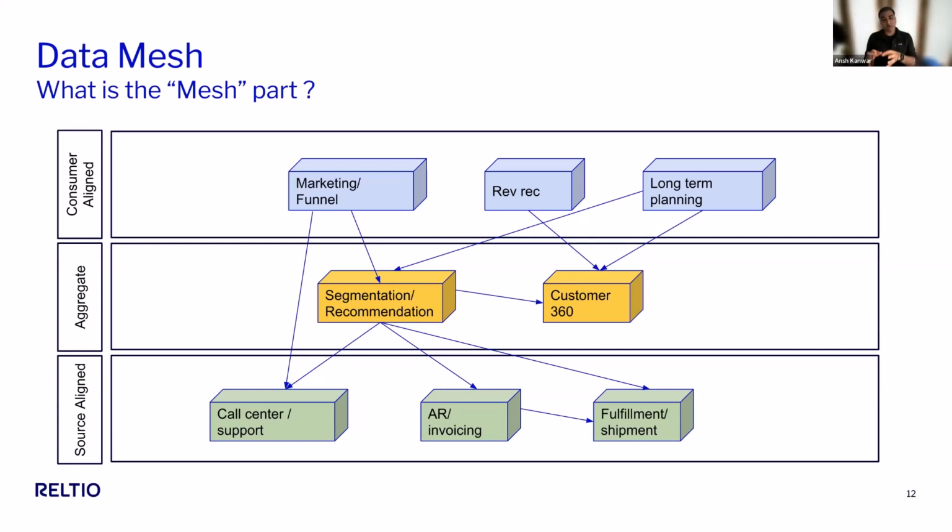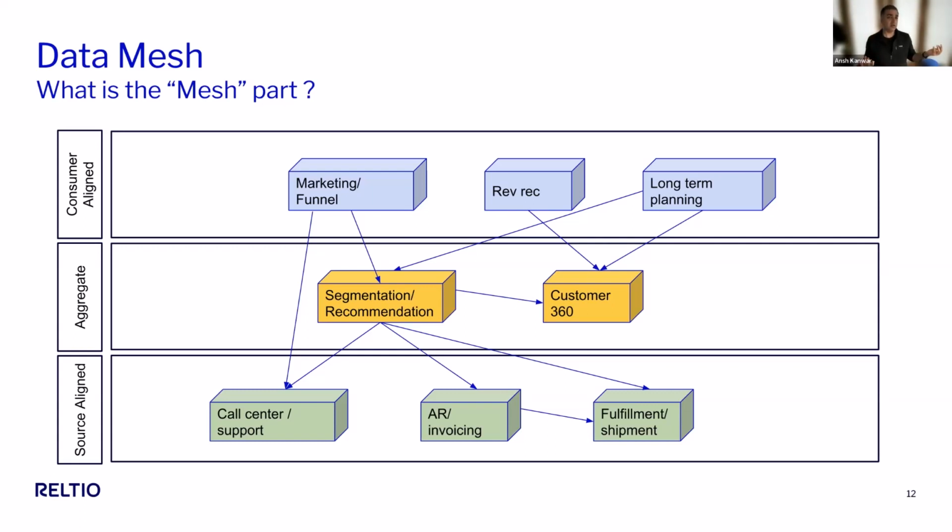Your accounts receivable, your invoicing folks, they're producing constant data about invoices that came in, when they were closed out, when they were paid out, and so on and so forth, right? Your shipment, invoicing, fulfillment, they're producing data about your warehouse: when stock was received, when it went out, and so on and so forth. So these are source aligned domains, and they give you this nice boundary that maps directly to the operational system.